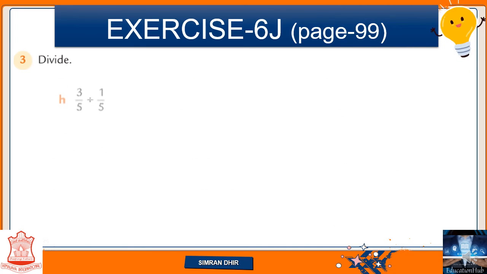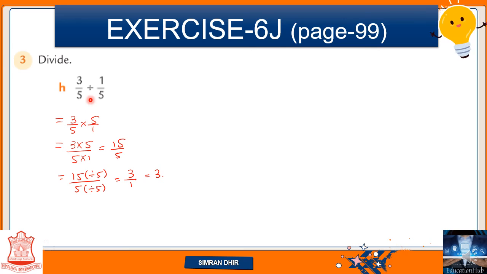Let's see next is H part. H part में क्या है? 3 by 5 divided by 1 by 5. How we are going to do? See, 3 by 5 as it is, division will be changed to multiplication and 1 by 5 का reciprocal हो जाएगा, that is 5 by 1. So 3 5 times is 15 and 5 1 time is 5. Now we can clearly see कि numerator and denominator में कुछ common है. What is that? 5. सो हम न्यूमरेटर को भी 5 से डिवाइड कर देंगे एंड डिनोमिनेटर को भी 5 से डिवाइड करेंगे एंड 15 डिवाइड बाई 5 विल बी 3 एंड 5 डिवाइड बाई 5 विल बी 1. सो 3 by 1 इज आवर आंसर एंड 3 by 1 को हम क्या लिख सकते हैं? 3. सो 3 इज आवर आंसर.